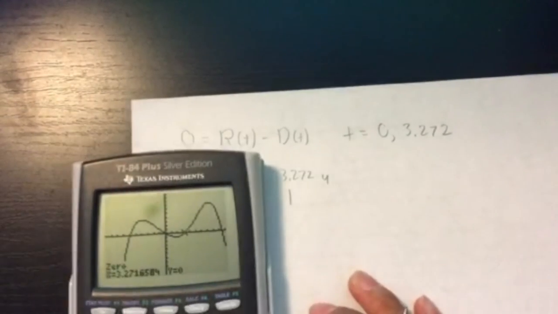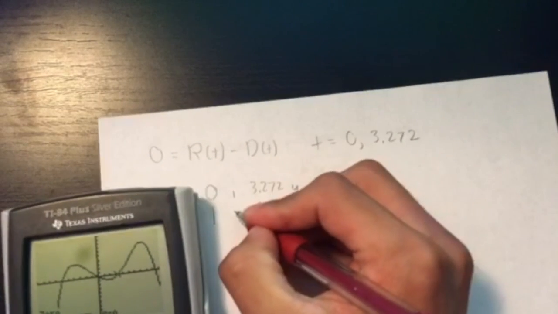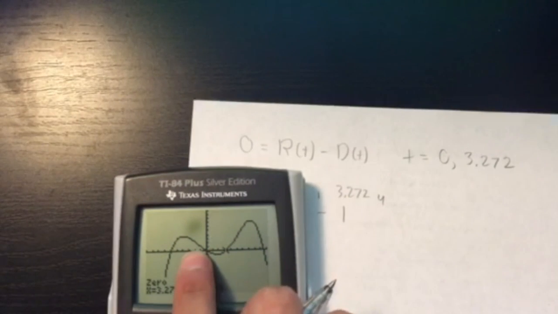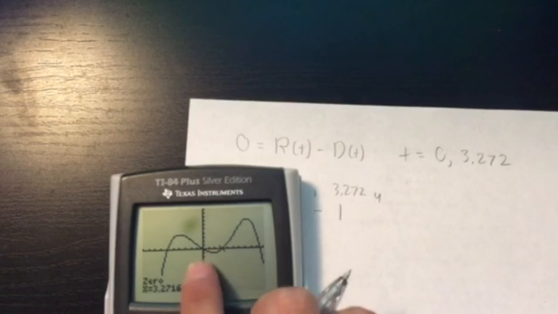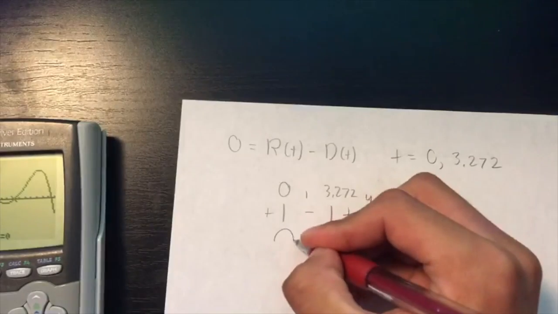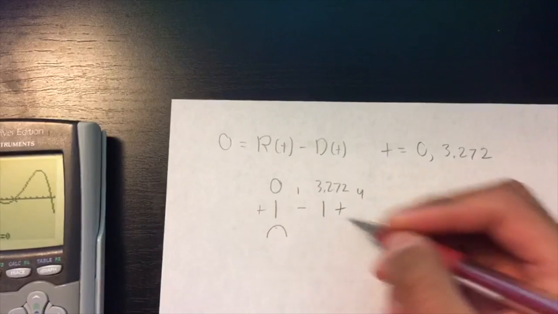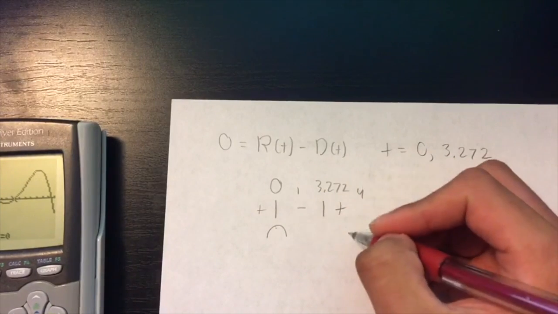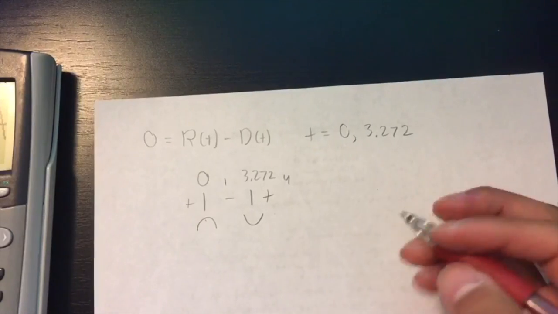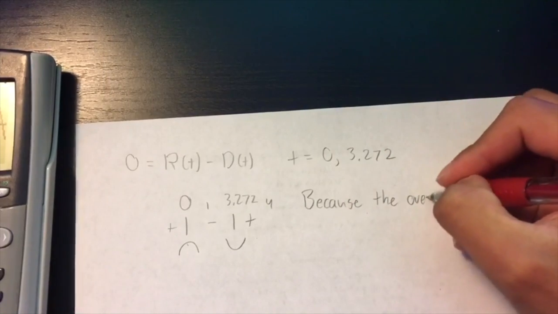We can also use our calculator to determine that below here it is negative. This is positive. This is above the x-axis, before 0, below the x-axis, in between these 2 points, and above the x-axis here. So we know that going from positive slopes to negative slopes, relative maximum, which means at the beginning there's a maximum, and at 3.272 there should be a minimum. All we need to do is give our explanation, because the overall